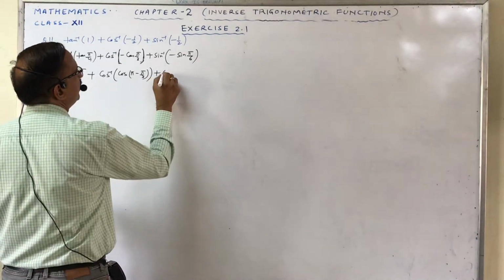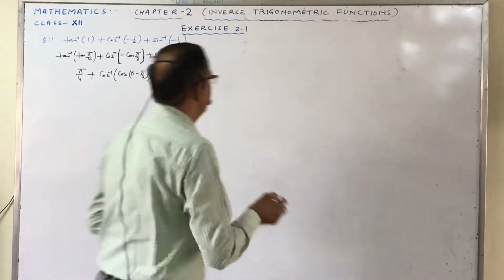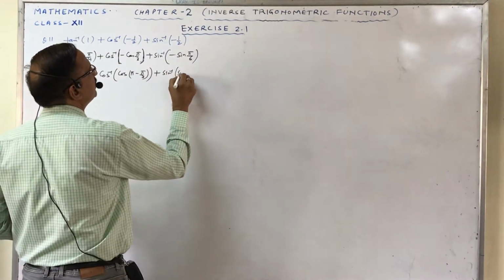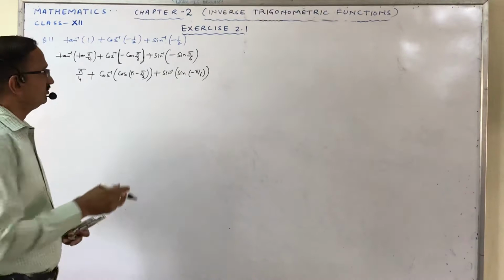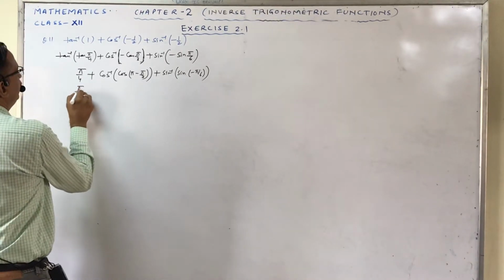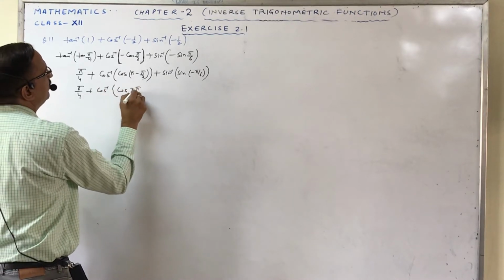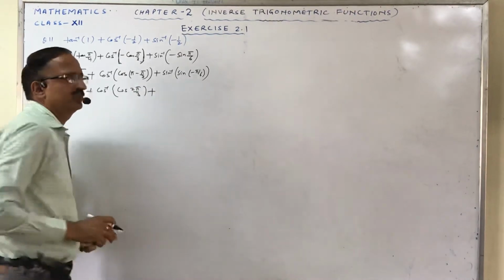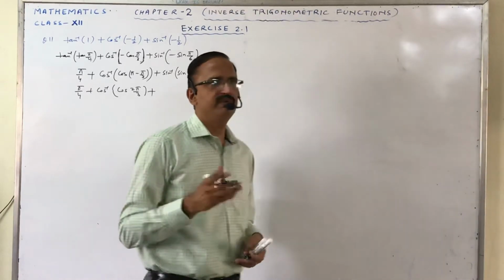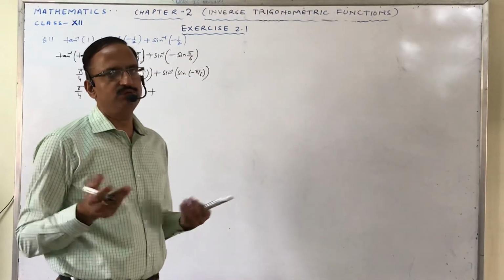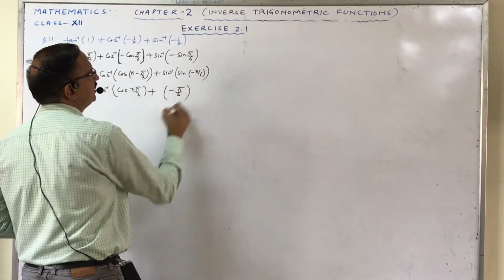And this can be written as, we know that sine of minus theta is minus sin theta. So this minus sin theta can be written as sine of minus pi by 6. Now this becomes pi by 4, this is cos inverse cos 2 pi by 3, and look at this, minus pi by 6 is the value that lies between the principal value branch of sin inverse, that is minus pi by 2 to pi by 2. So sin and sin inverse cancel out, we will get minus pi by 6.